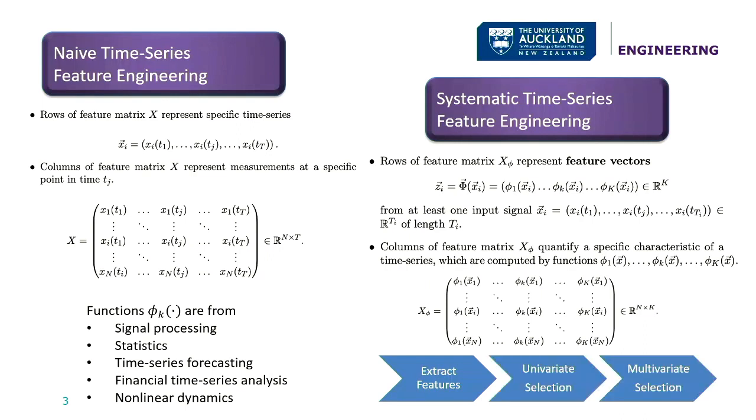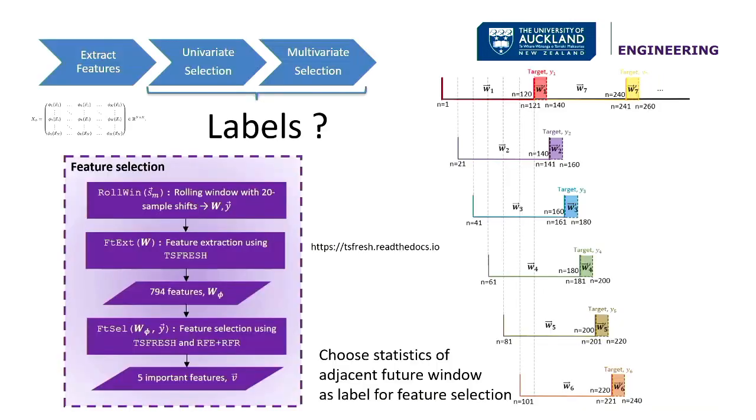So we need to do some kind of feature extraction or selection. Univariate selection in combination with multivariate works best. But where to get the labels from? So the idea is, from this short training set, we choose basically a rolling window approach, and we select those features which are able to predict a statistic of an adjacent future window, right? So we create our labels for feature selection from the streaming data of the short training set,